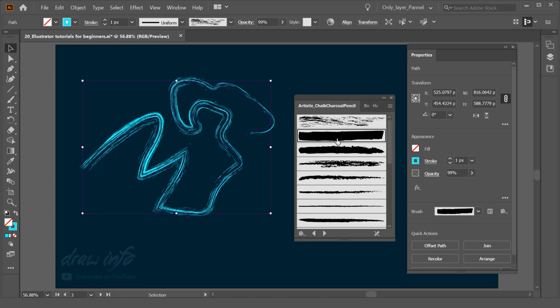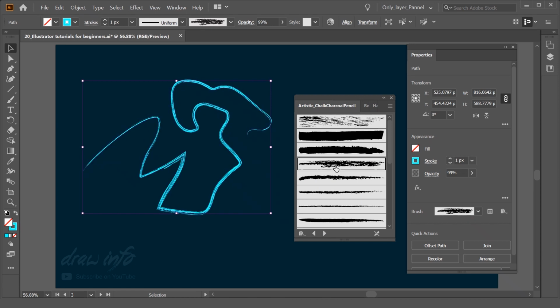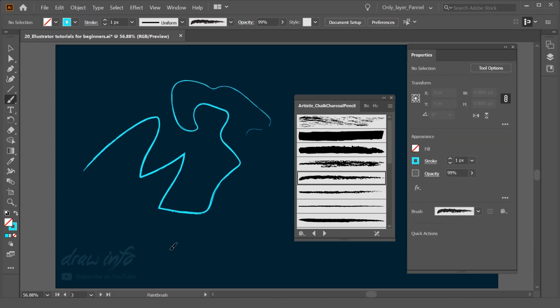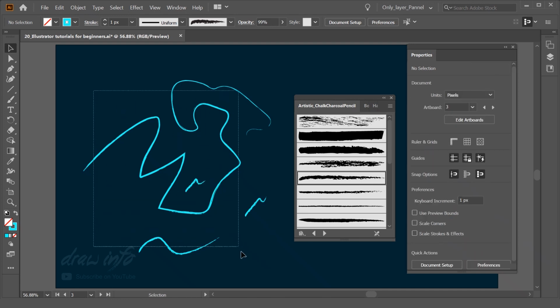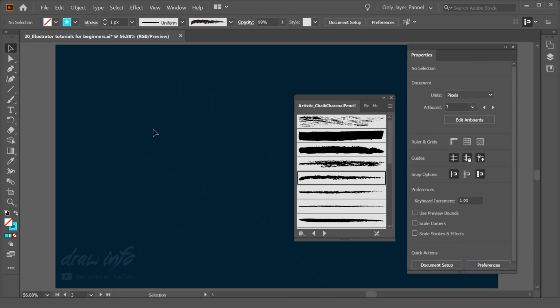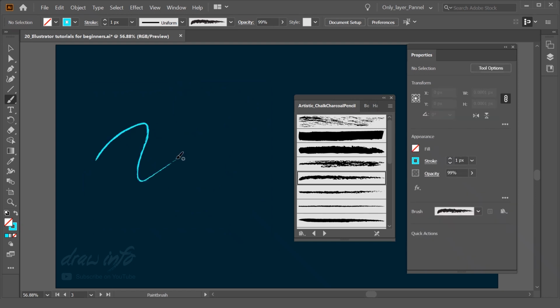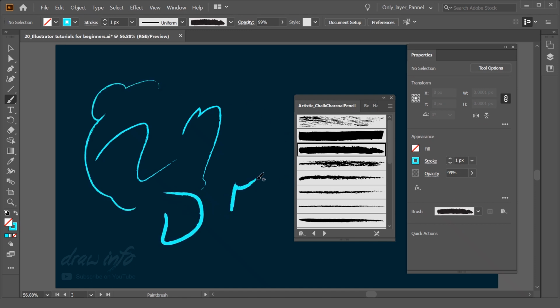Through this option, even though you activate this and draw with the brush, it will take those properties. I'll show you that also. I'll delete these entire things and I'll show you how you can use that. This is the way you can use the brush tool. Now I have activated this option, so you see.